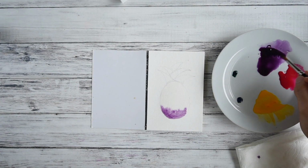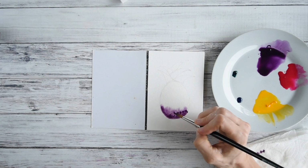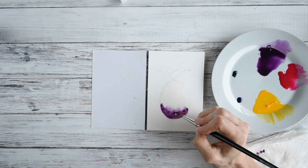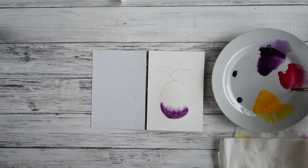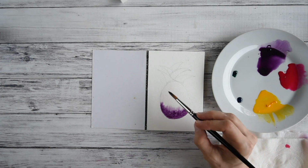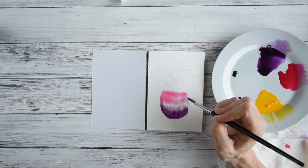Maybe add a little bit more vibrant there. I like to dab the excess off, just a little bit off the tip there, or else all that extra moisture can really do funny things with the other paint that's on the paper. It can create these blossoms that some people in modern watercolors enjoy doing, but my first teacher was really traditional, and she got really upset about blossoms, so that kind of stuck with me. So I get that extra moisture off, come in, work my way down into the purple,